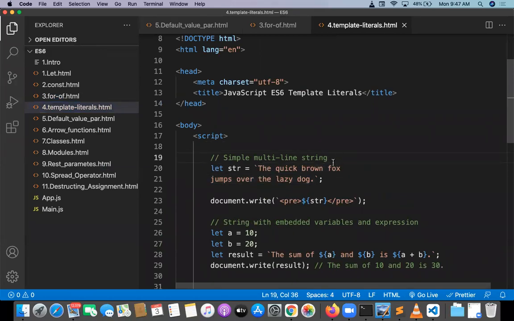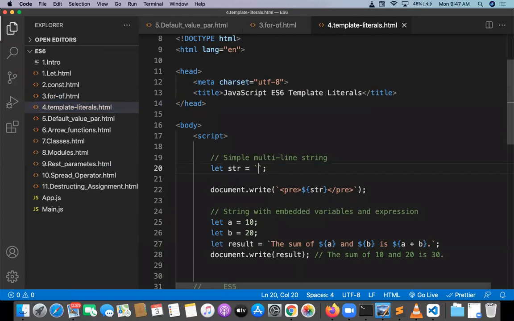See, what is a template literal? The template literal syntax is like this. Whenever you want to write a template literal, you can write like this: hello React.js. And str is going to be, this is not single quote, this is not double quote. This is called the backtick character. Backtick open, backtick close. That is called a template literal.